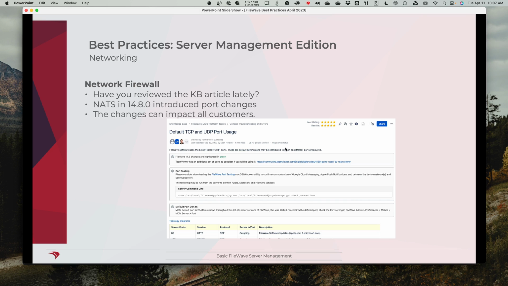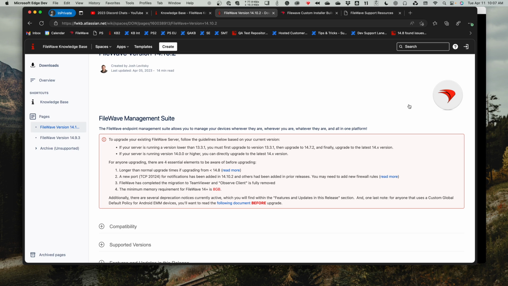Okay, so ports, super important, very, very impactful. And another point that I've recently, in the past couple of months, been doing is making it clearer about the reason for a port. If you see a port in the KB article and you wonder, well, this description doesn't really make sense, I don't know what this does, or which direction that is, what does it mean, you can reach out to us. You can do it through support, or on the KB, when you go there,